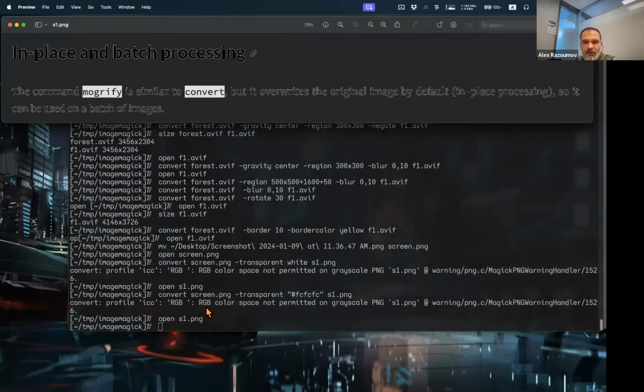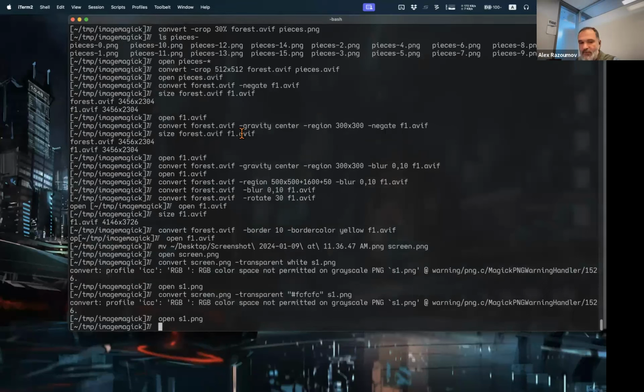And that worked. It issued some warning, complaining about the color space, but the important thing is that it actually works. So now we see that all these pixels were made transparent. Now, if you are not sure about the exact color of the pixels that you want to make transparent, or perhaps there is some variation in the background and you just want to make all these pixels transparent,